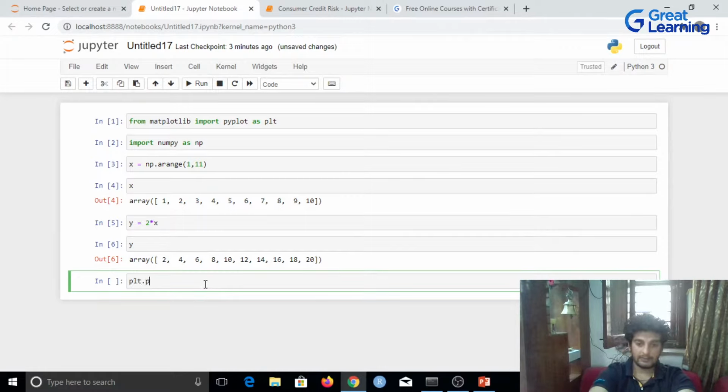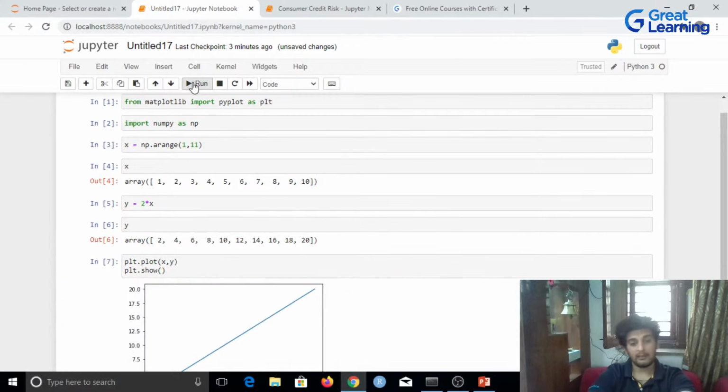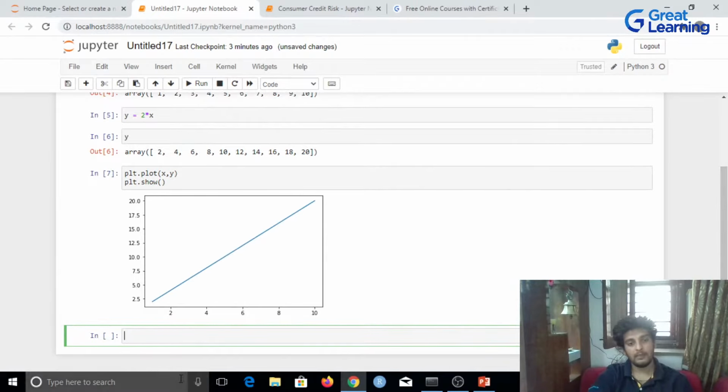For this, I'll write plt.plot, and inside this, I'll just pass in x and y, and I'll have plt.show. I'll hit run, and this is what we have. On the x-axis, as you see, we have values starting from 0 going on till 10, and on the y-axis, we have values starting from 0 going on till 20. And this is what we get over here.